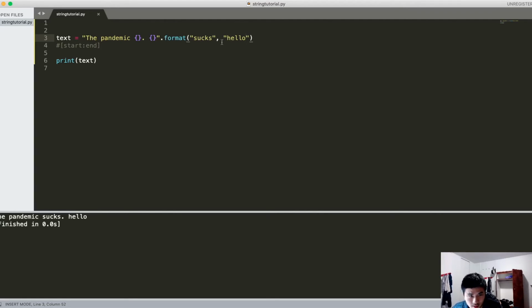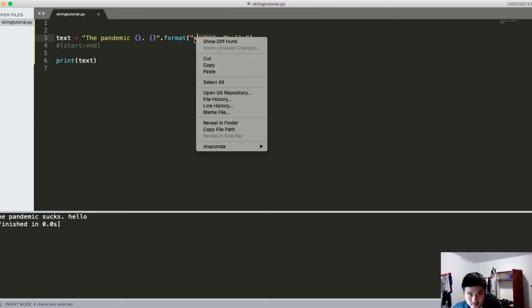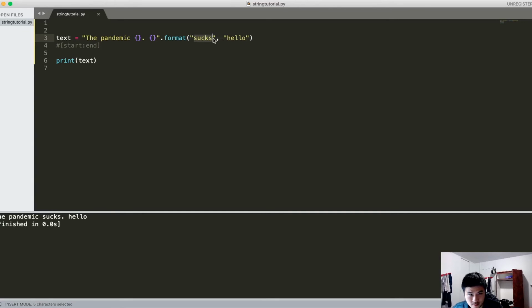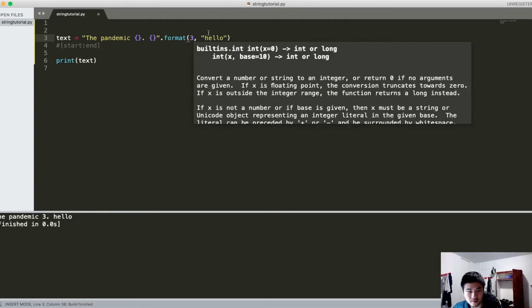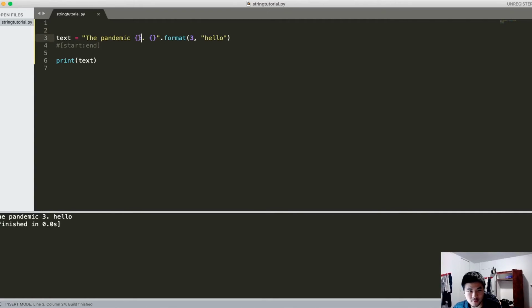So this is called placeholders. And why this is useful is because we can just change this to anything we want, really, without changing the string itself, right? And we can even put in integers here, right? So that's why there's placeholders. And then finally,